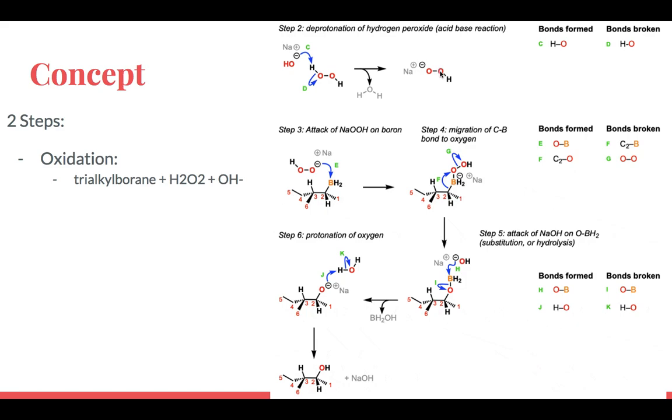ion. This new molecule acts as a nucleophile which attacks the boron atom of the trialkylborane. A bond forms between the boron of the trialkylborane and the oxygen of the hydroperoxide ion, and a bond is broken between the oxygen and the oxygen of the hydroperoxide ion, which causes the hydroxide ion to break off. This is seen right here, where the hydroperoxide ion forms a bond with the boron, and this causes